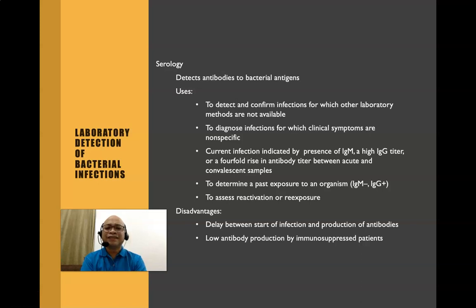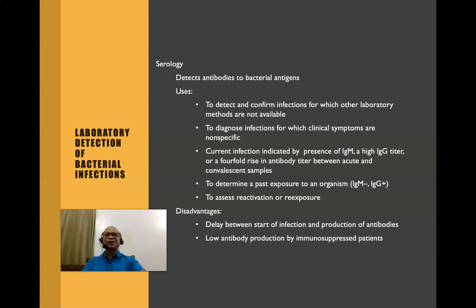So current infection is indicated by the presence of IgM and a high IgG titer. Current infection, meaning when you say current infection, the person is having an acute infection. So you'll have IgM, because IgM is the immunoglobulin for primary response, and then IgG is the immunoglobulin for secondary response. A fourfold rise in antibody titer between the acute and convalescent sample is also considered to be